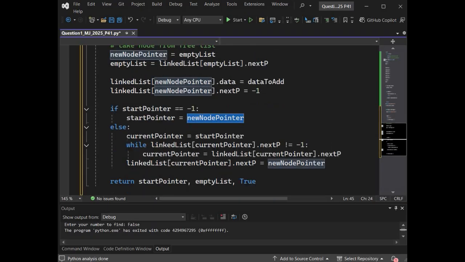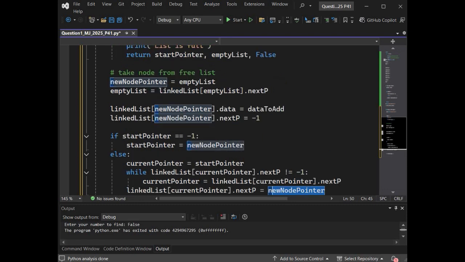Otherwise, start pointer will become current pointer, and if the next pointer in the current pointer position is not equal to -1, then you'll simply move next pointer into current pointer. Finally, after the while loop, you'll add the new node pointer that we created in the beginning.